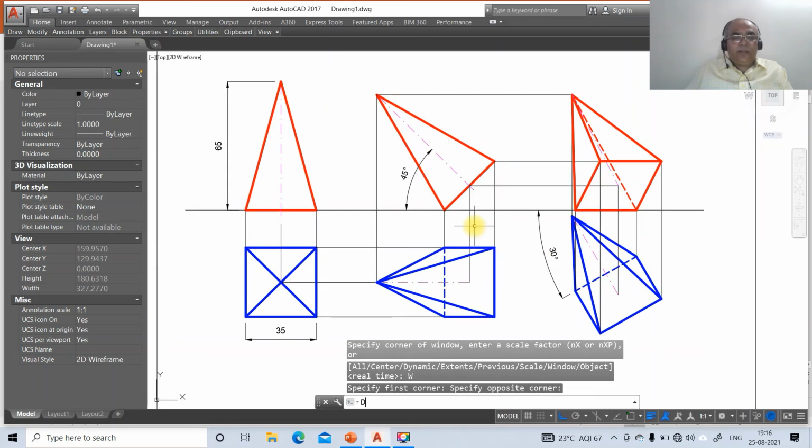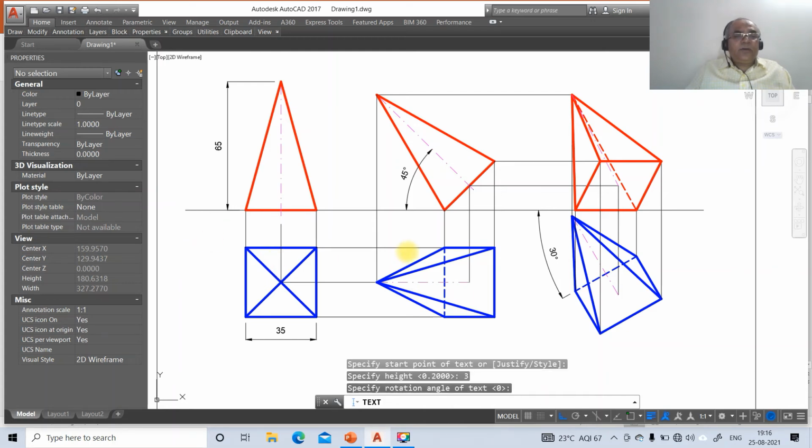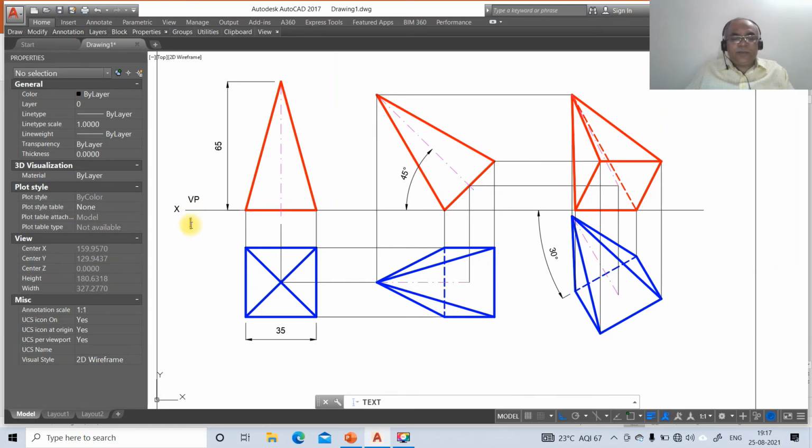Now we need to go for dtext. So you select this and you mark the height as 3 and rotation angle as 0. So you mark this as capital X, then this is VP and this is HP, then you take it as Y, then here you mark this as small a, b, c and d, and this is o, and in bracket it is o1. Then here in bracket you mark it as o1 dash in bracket, so this is o dash, this is a dash, and this is b dash, and then you want this as c dash and this as d dash.